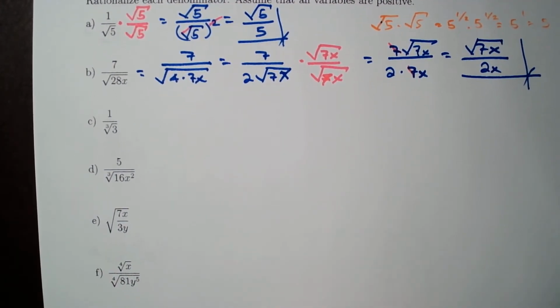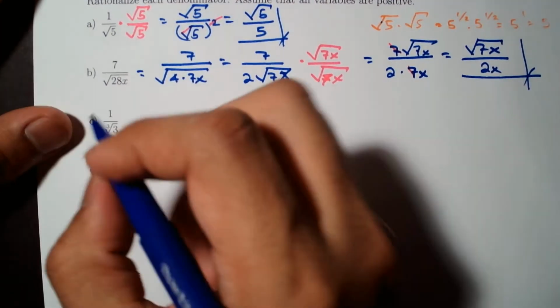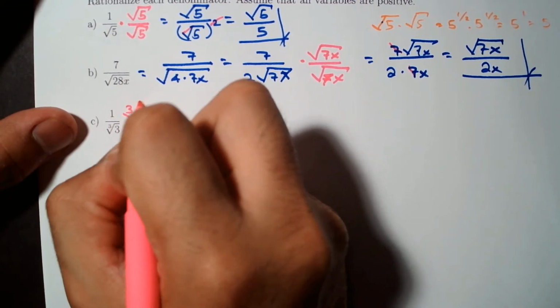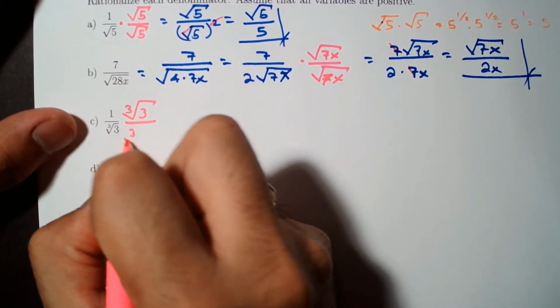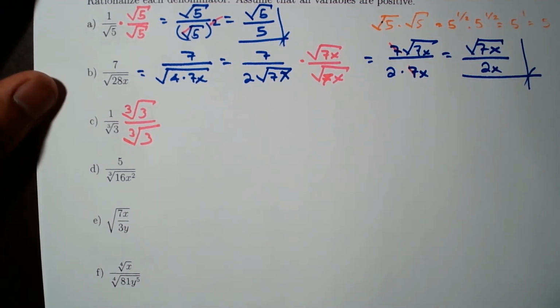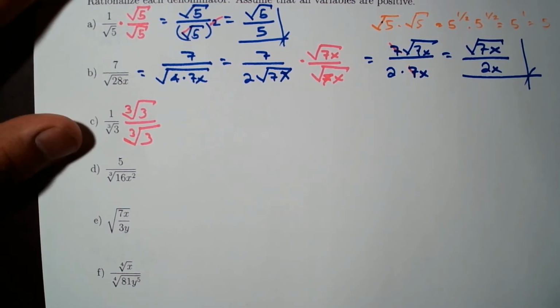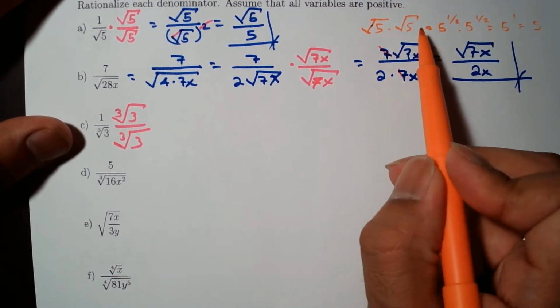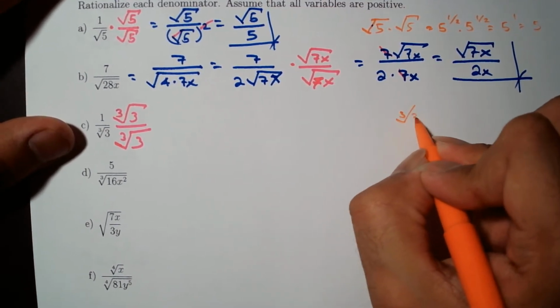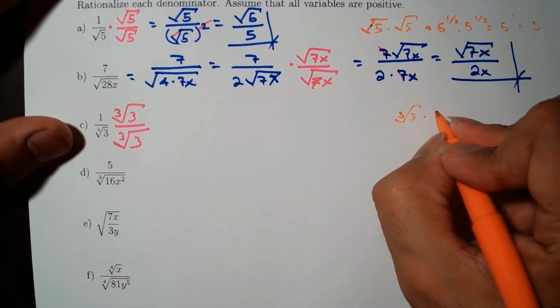How do we proceed in this case, the cube root? Would it work to just do the cube root of 3 times itself over the cube root of 3? Unfortunately, in this case, it's not going to work, and let me show you why. It worked for root of 5 times itself, but a cube root of 3 times itself